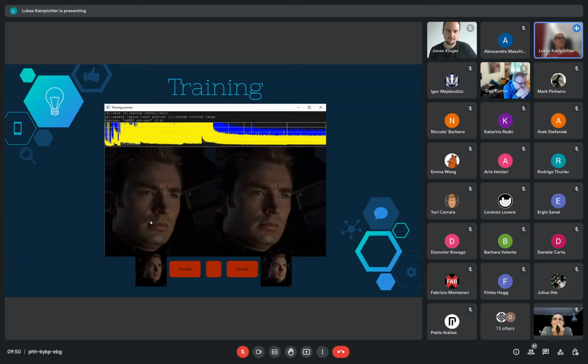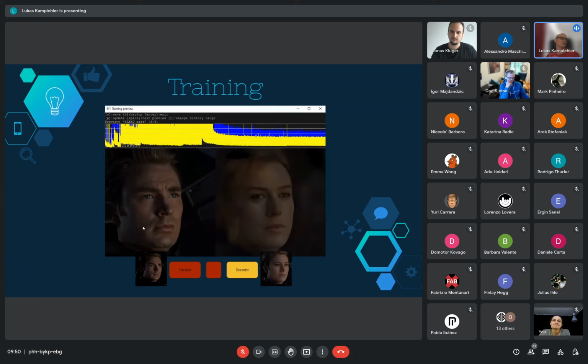Here is the same for the destination face, which is the face that will be replaced: again, the original image that we fed into the autoencoder, and then the decoded image. And this would be our final output. So we have the original image, we use the encoder and the bottleneck of Chris Evans, and then we use the decoder of Brie Larson.